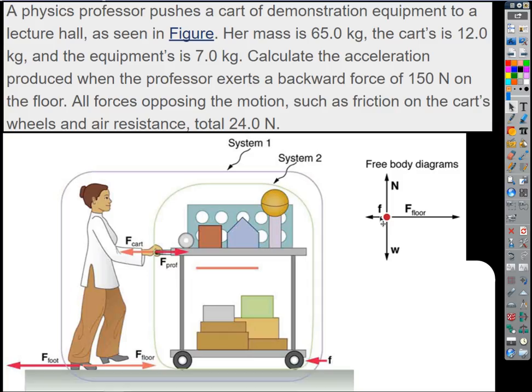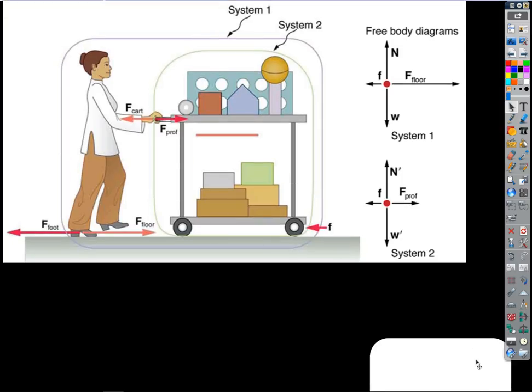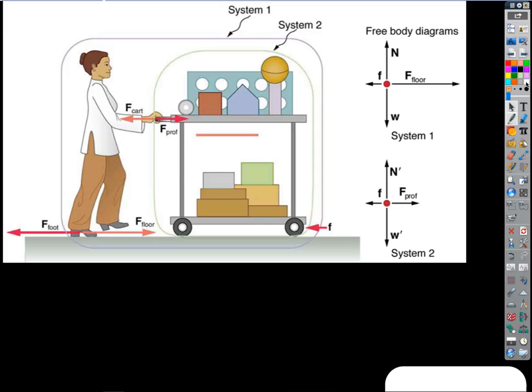150, right? That's how hard she's pushing on the floor. So therefore, the floor is pushing her forward with that much force. So that's 150, and that's negative 24. The math is not going to be a big deal here. If we want to look at the horizontal component of the net force,